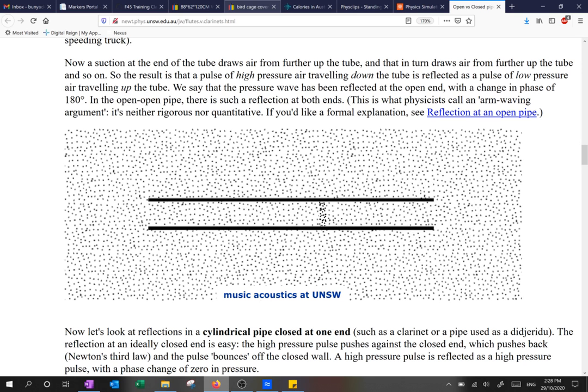Could you then reverse interpret the speed of sound? Alright, so